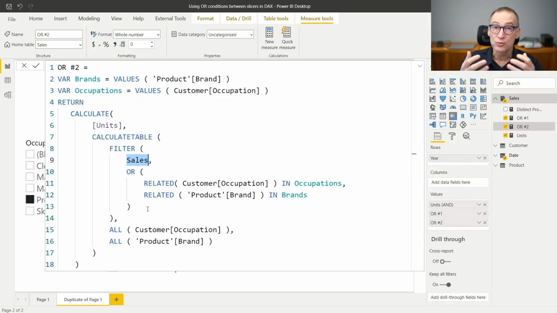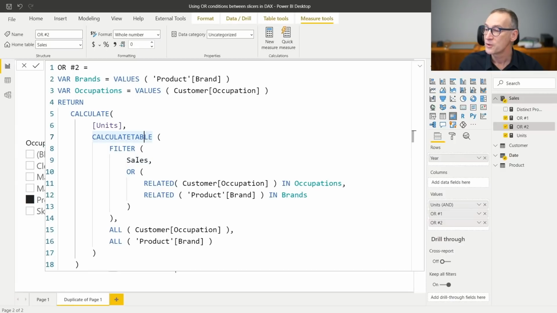It would be better to restrict the filter to only the columns which are actually needed for my model. And if you look carefully at this code, I actually don't need the entire sales table. What I need is a subset of the sales table that only contains the customer occupation and the product brand.